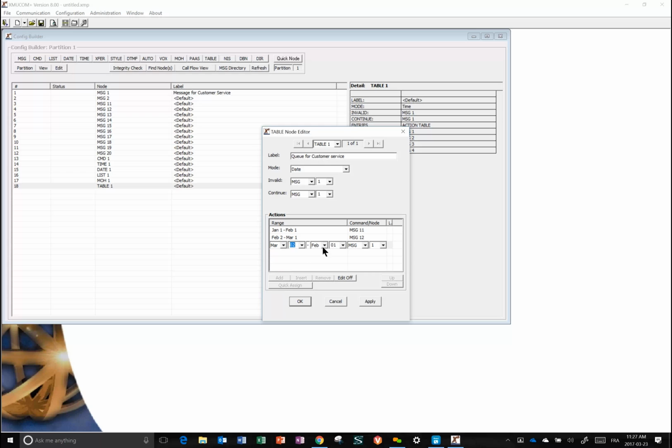to April 1st, and it's going to be message. And I can just type the message number. I don't have to scroll down. It gives me that flexibility. And I have these, all my different ones. So now I know that, in January, I'm going to have my January promotion message, February, my February promotion, and so forth. So now I click OK,